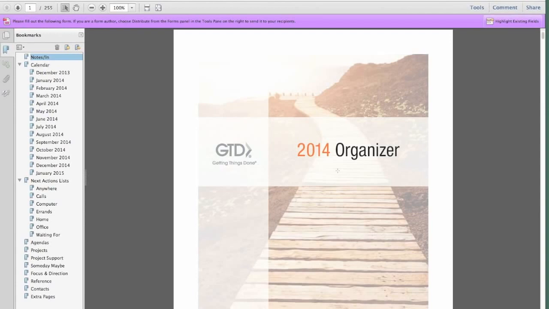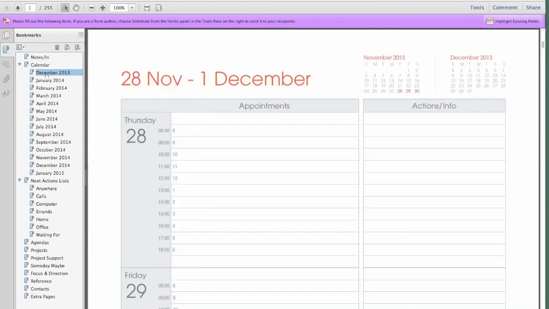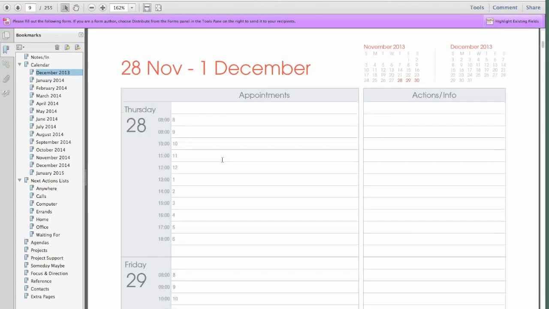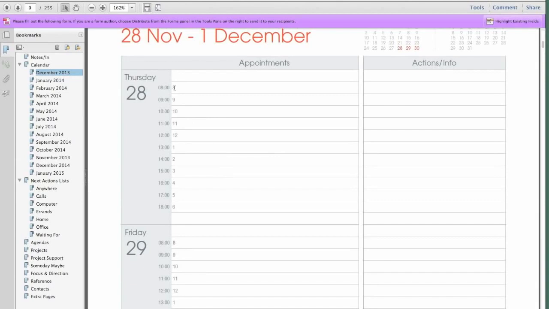So here's the cover page, which is lovely. Then you have a calendar, a 2014 calendar starting in December. The format that comes in is week at a glance, and it includes US and military international time. The cool thing about it is it's all editable. So I can come into this field here and just simply start typing, let's say workout at 8 a.m. Now I'm editing this PDF as if this were my calendar, or my program online, or my paper planner that I'm writing into. It's just that I'm typing it into the PDF instead.